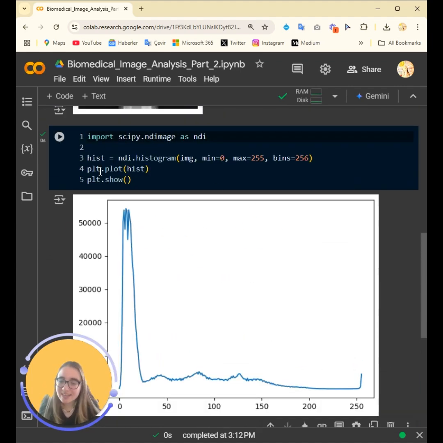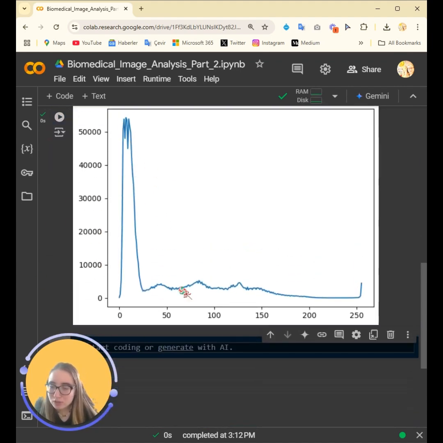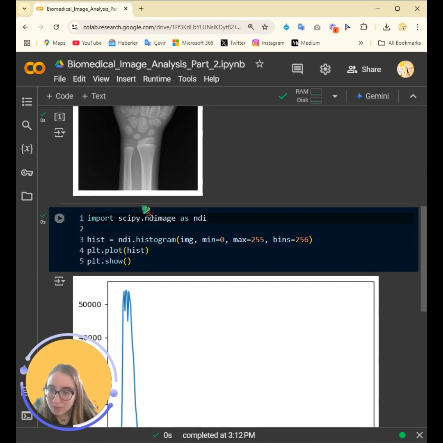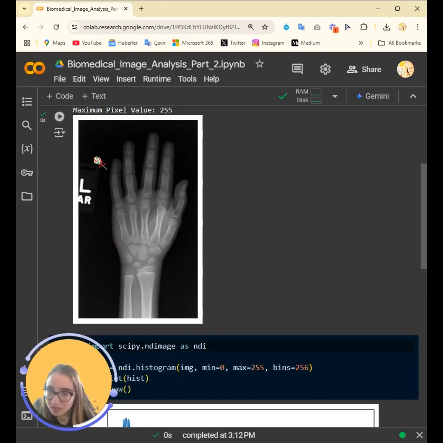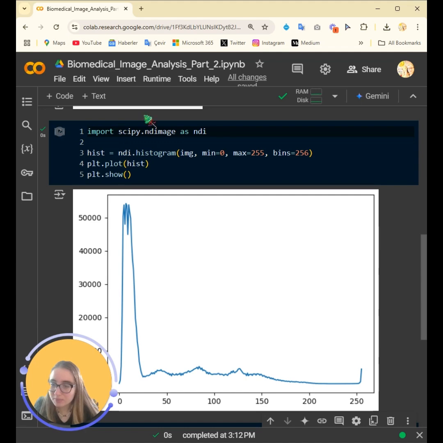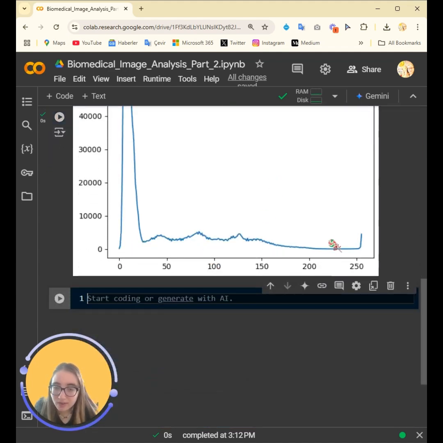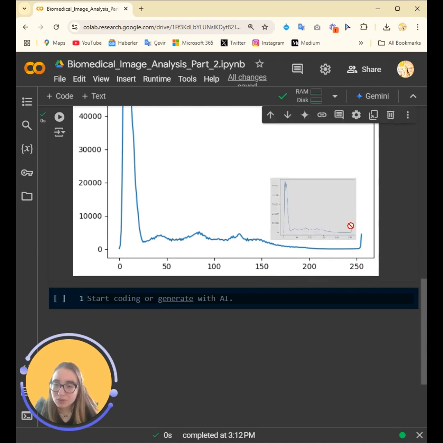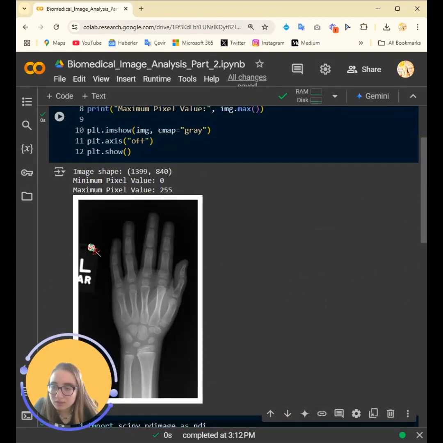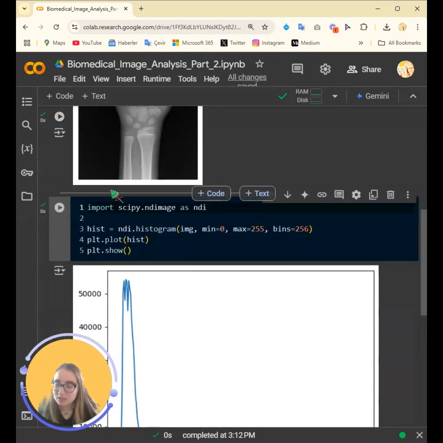So here you can see it, and as we can see, most values are in the lower intensity part from 0 to maybe 25, and we have some peaks here because these are black, all black, these are gray, and it becomes brighter and brighter. That's why maybe these peaks, and we have some grayish values, and we have also kind of an increase around 250 because of this writing here saying left, I believe.